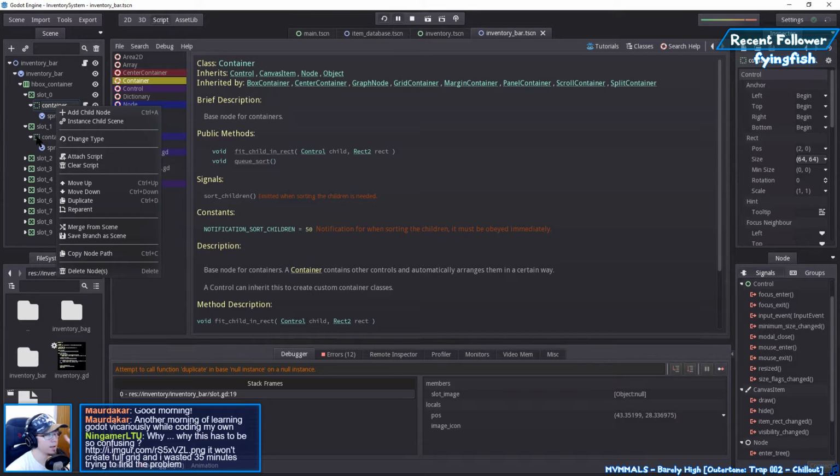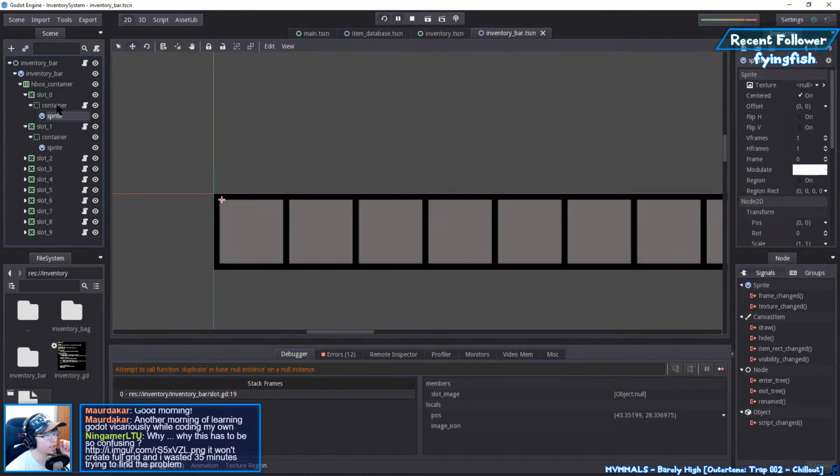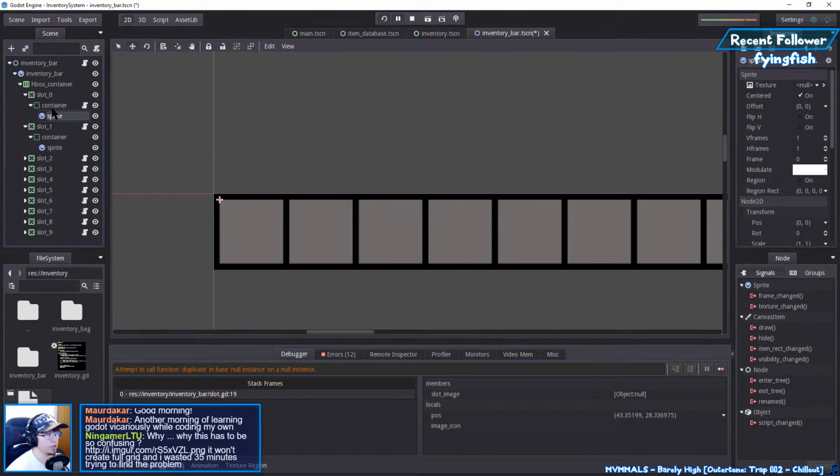But that's a bit... No, that wouldn't work! Because wait. The reason I'm using the container to begin with is to get the sprite centered. Because if I set 0, 0 here, and now the size is 0, 0, it now is allowing the sprite to be centered to this, because I can't center the sprite inside a